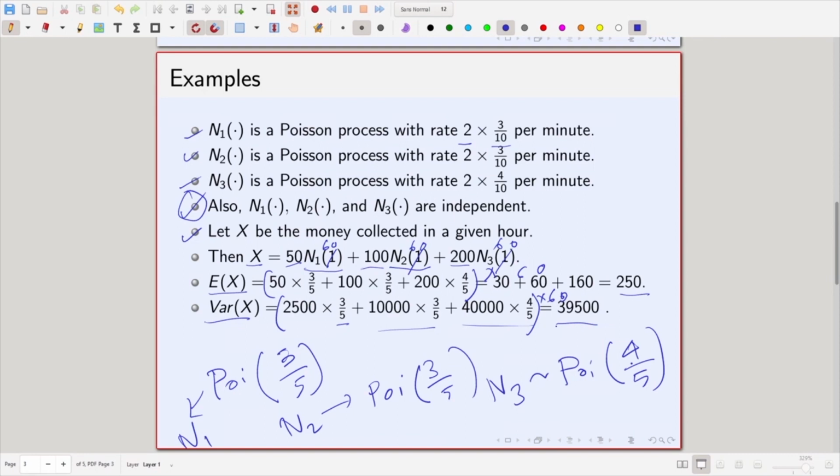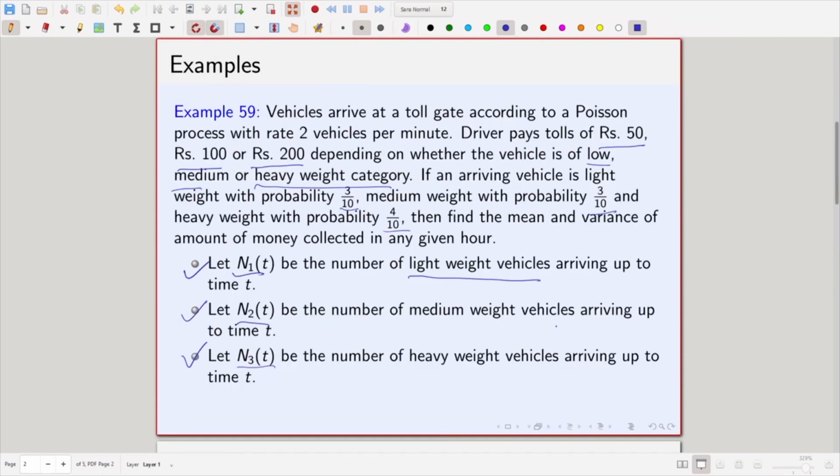That is because now, here you know the lambdas, T is 60. So, if you have a random variable which is Poisson lambda T, then its mean is lambda T as well as its variance. Fine. So, the correction is everything should get multiplied by 60, because here the unit is minutes and you are being asked about hour. Fine. And 1 hour is 60 minutes. So, that is why I keep saying that unit is important.